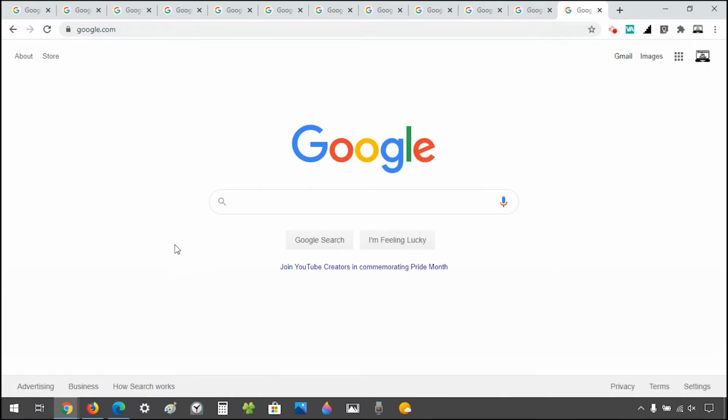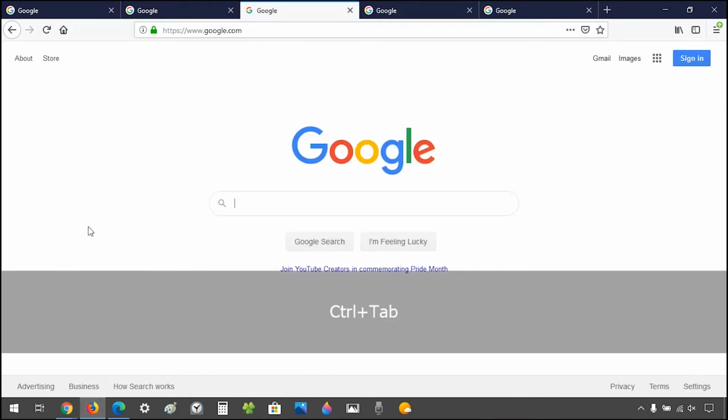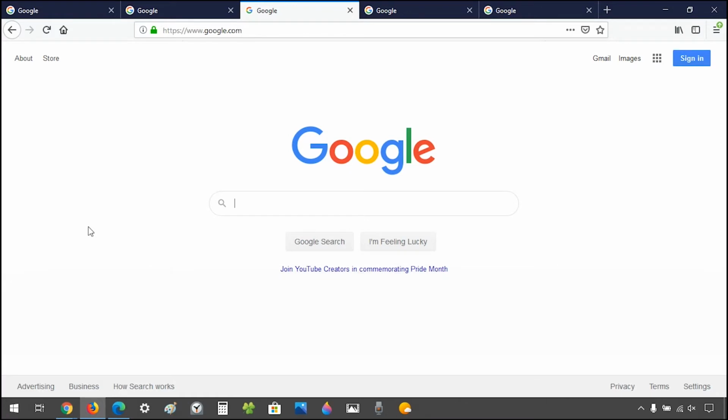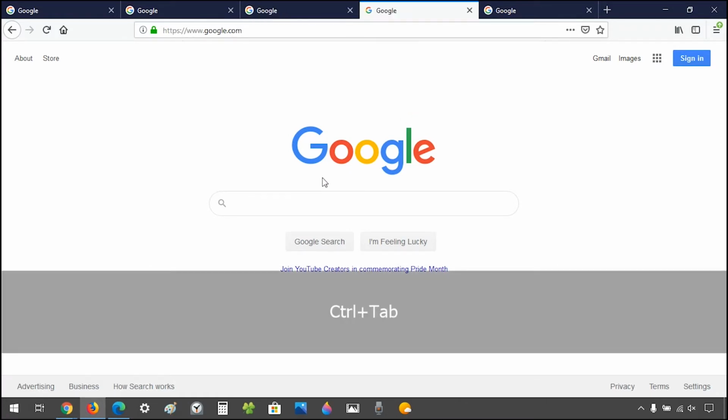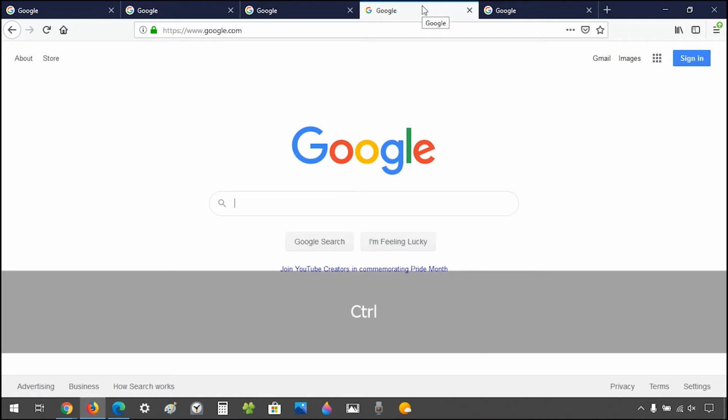And these shortcuts work similarly in other apps such as Firefox. In Firefox, if I do Control Tab, it's going to take me to the most recent tab instead of the next tab. And as you can see, I was on the fourth one and it took me to the third one, so Control Tab again takes me back to this because it was the most recent one. Unfortunately, Control Shift Tab doesn't work, but the numbers do work.